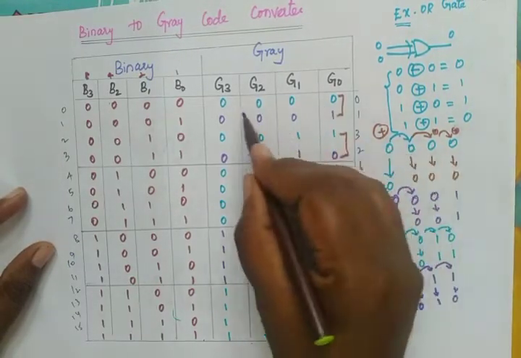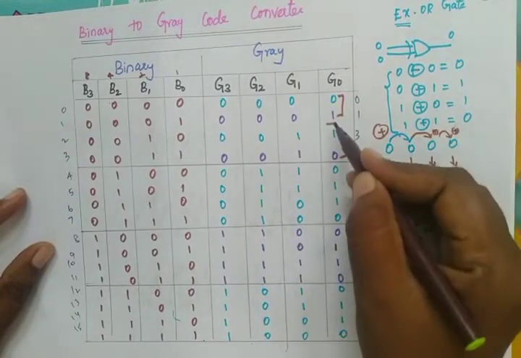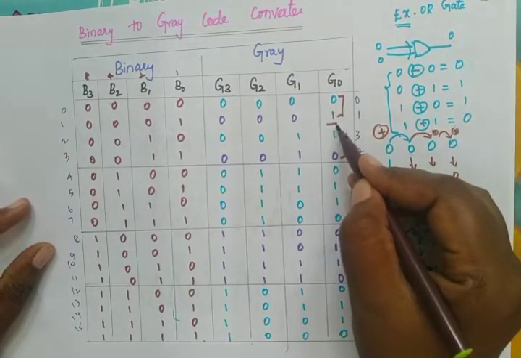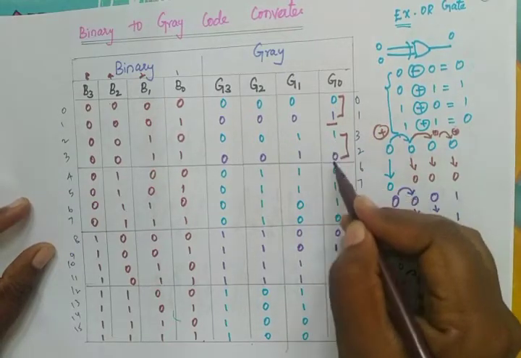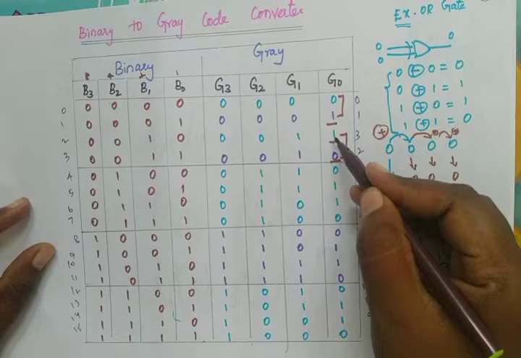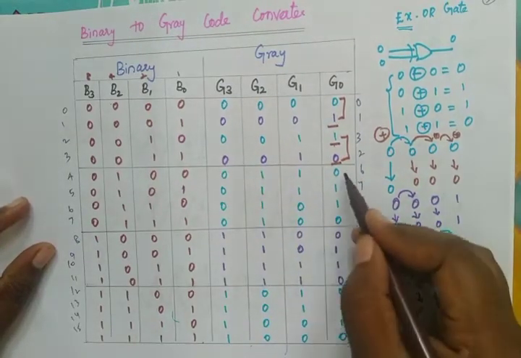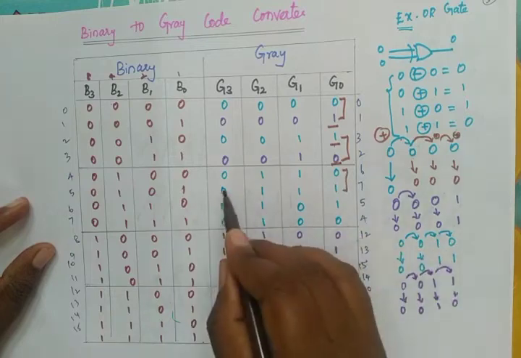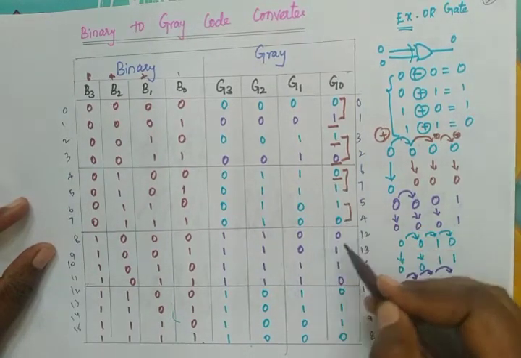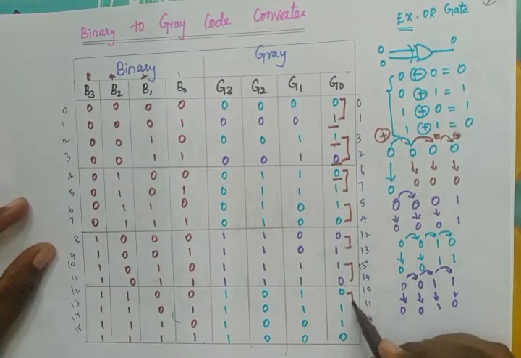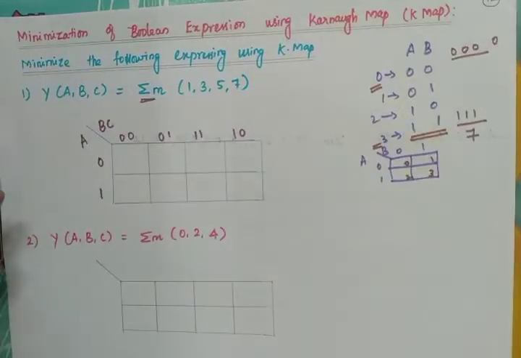Here we have 00, after this 01. Now compare these two. We have only one bit change here, so 0 is changed to 1. Now compare the next two, we have only one bit change, 1 changes to 0, and the rest remains the same. Now compare this to 11, and here 0 changes to 1. Likewise, we have only single bit changes. For that purpose, we are using gray code in the K-map.